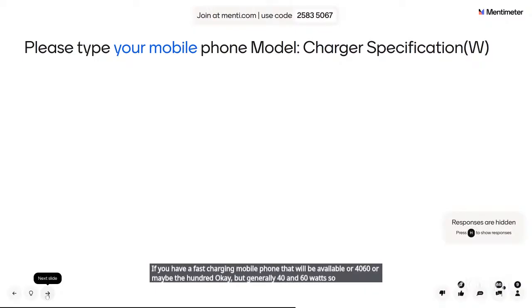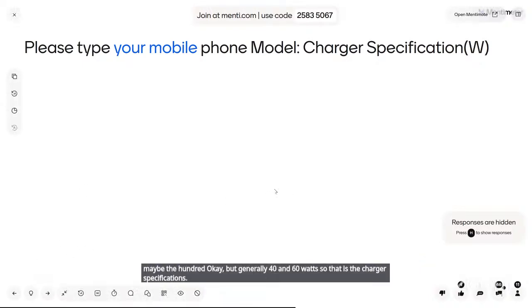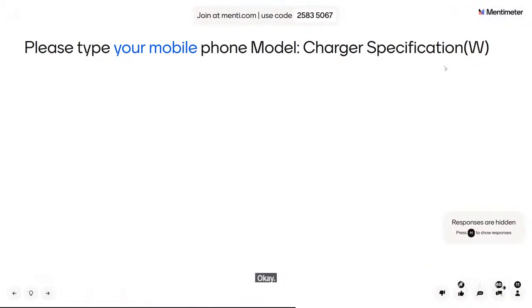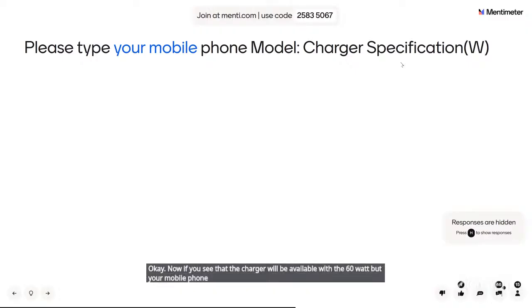So that is the charger specification. Now, if you see that the charger is available with 60 watt, but your mobile phone battery is 5 watt, why will this difference be there? The difference is only because